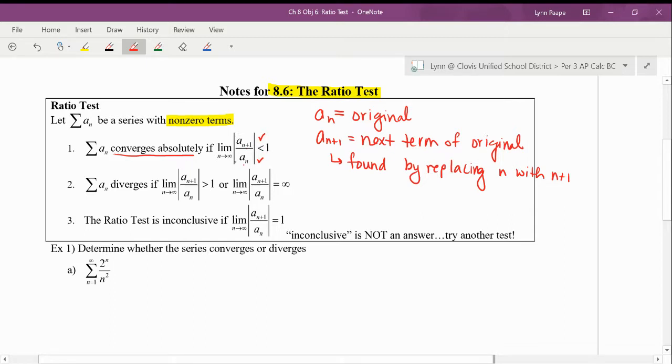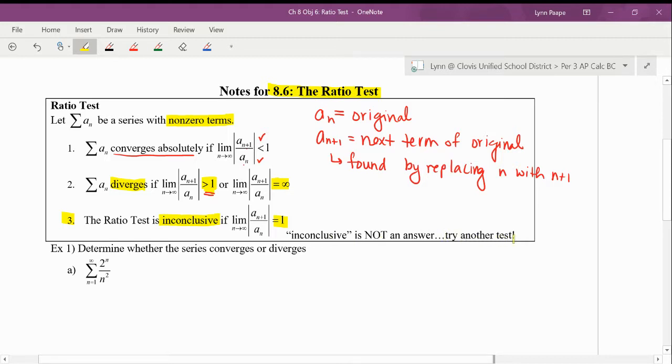And that's because we are using the absolute value bars. And then if the ratio is greater than 1, then our series would diverge. And greater than 1 would also include if it goes to infinity. Okay, here's where we make some sad faces: the ratio test is inconclusive if the rate of growth is too close. So if that rate of growth is equal to 1, then it is inconclusive, and then we have